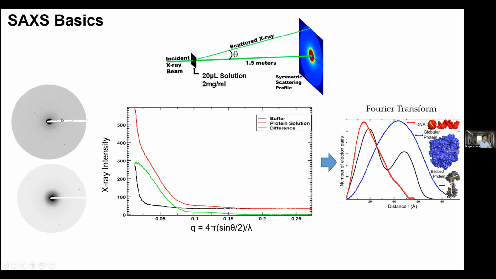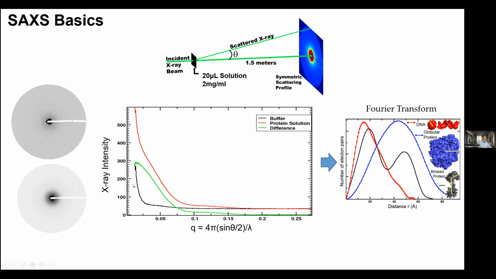And we'll always measure SAXS as a difference experiment, the buffer and the sample. So this is an image of scattering from the buffer, an image of the scattering from the sample. And this is a completely symmetric profile. So if I draw a line going from the center to the edge in one direction, that data should be equivalent from the center to the edge in another direction. The reason that we collect the entire thing is that you obviously get better averaged signal to noise this way. So you're collecting a lot more photons. But because this is equivalent and that's equivalent, you can convert this into an integrated one-dimensional profile, which is shown